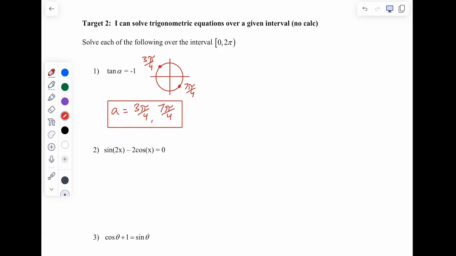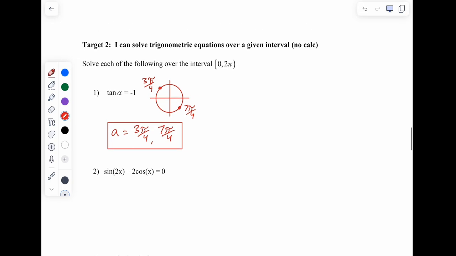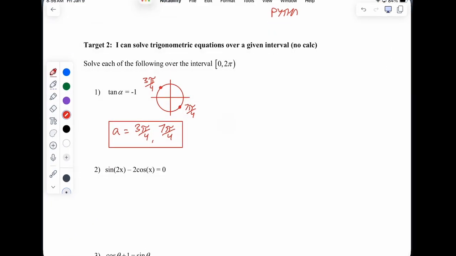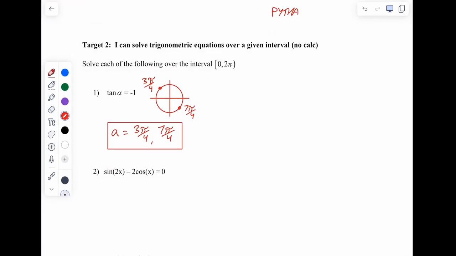So you might have to use the Pythagorean identities. I'm not going to write those down for you, but the Pythagorean identities are sine squared plus cosine squared equals 1, and 1 plus tangent squared equals secant squared, and 1 plus cotangent squared equals cosecant squared. So you can write this down on the top of your paper. You'll need to know the Pythagorean identities. And in one of the homework problems from homework 1,